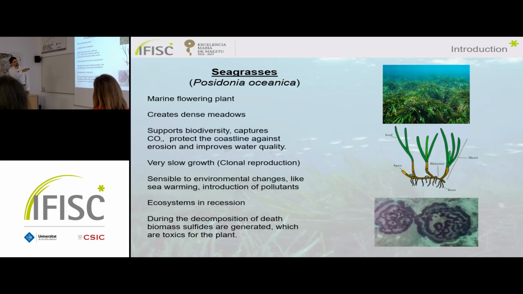This is a meadow of Posidonia. They support a lot of biodiversity, fix CO2, protect the coasts, and provide a lot of ecological services. And Posidonia oceanica grows very slowly because it has clonal reproduction, which is the main kind of reproduction that they use, where the different shoots of the plant